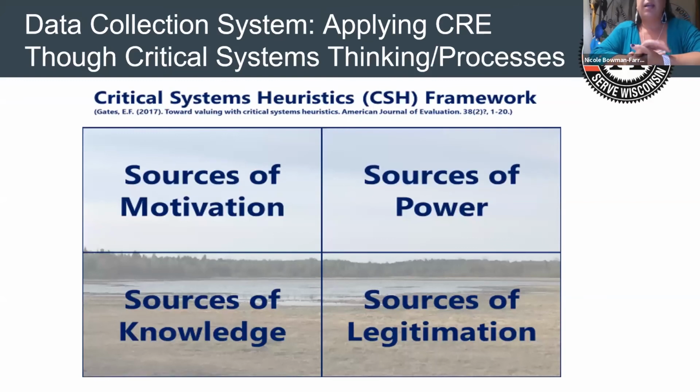Critical systems heuristics: if you're working at a systems level or across programs, multiple sites, it's really important to understand the context in which your programming is being implemented. So how folks are motivated at different sites, or who's in charge or not at different sites. There might be some informal sources of power. So from the tribal community, yes, there's an elected tribal government that you talk to, and program people that are running the youth programs or the social services or human services programs. But then there's also community leaders. Some are traditional, so you talk to them, and some are just, oh, we always listen to Aunt B. She's the one who knows how to take care of the kids, or if the kids are in trouble, they always go talk to her. So it's important to understand from a context standpoint about power,